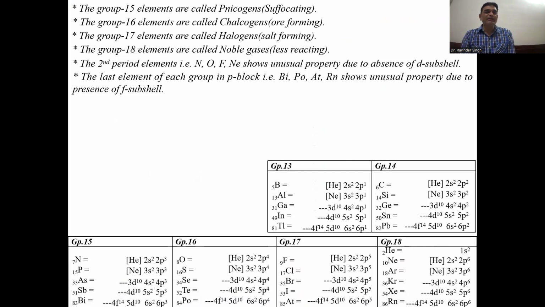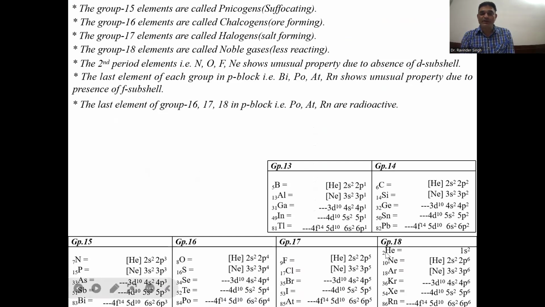All these elements have an unusual property due to the presence of the fulfilled f subshell. You can see here in all these elements there is 4f14. They have the fulfilled f subshell, so they will show unusual properties. The last elements of groups 16, 17, and 18, that is group 16 polonium, group 17 astatine, and group 18 radon,